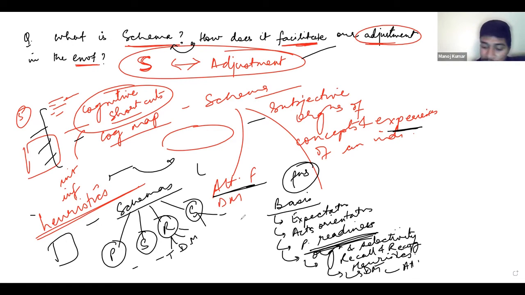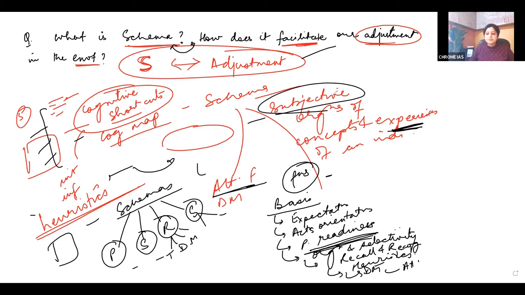Actually, I had written a point that schema building varies with respect to culture. Can we add this point in this? No, because in the introduction I told you about the subjective organization of concepts and experiences of an individual. You can add a line that schemas are a result of your experiences in a particular culture and a context. Right? So that is why they are subjective. There are certain general schemas and expectations, plus there are certain subjective experiences too.